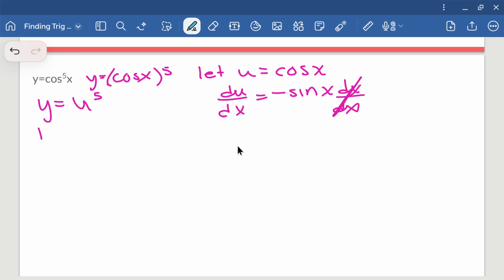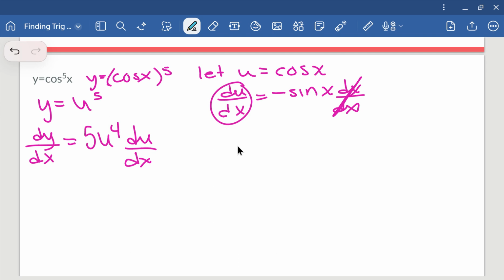Take the first derivative, so dy over dx equals 5u to the power of 4, and then once we have that, that's du over dx. Now again, we know what du over dx equals, so we can replace that in, and we can also expand this out. So going back to what we know u equals, we'd have 5 times the